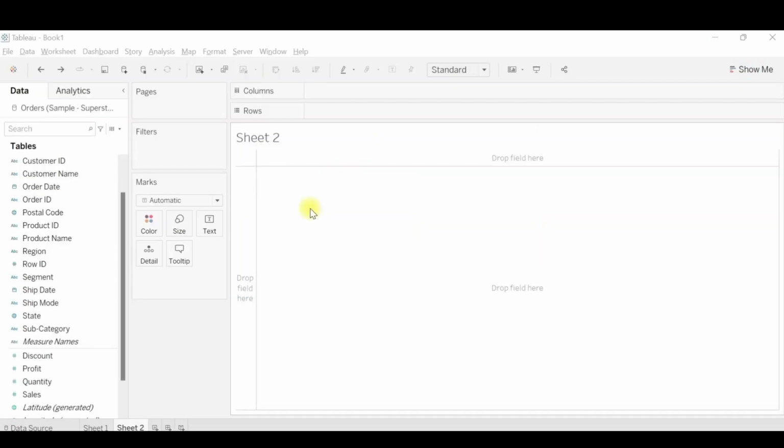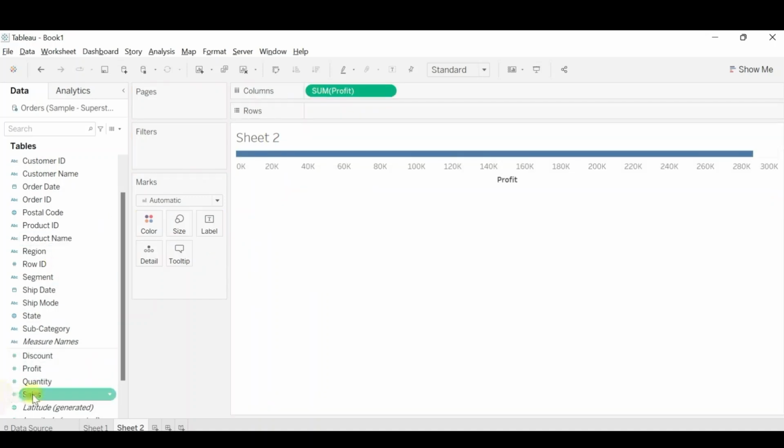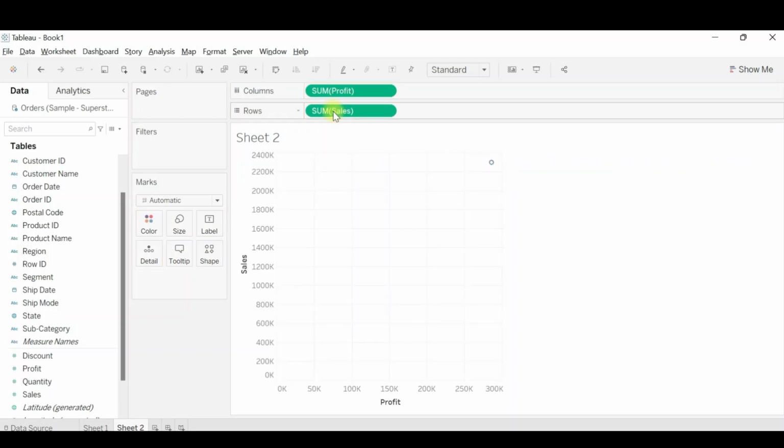Now let's see how to plot scatter plot in the Tableau desktop. So open a new sheet and let's work on the orders table itself. Now the basic condition that I told you for scatter plot was to have measures on both rows and columns. So let's say the requirement is we need to analyze profit versus sales. Drag profit from the measures and drop it into the columns, and let's drag and drop sales into rows.